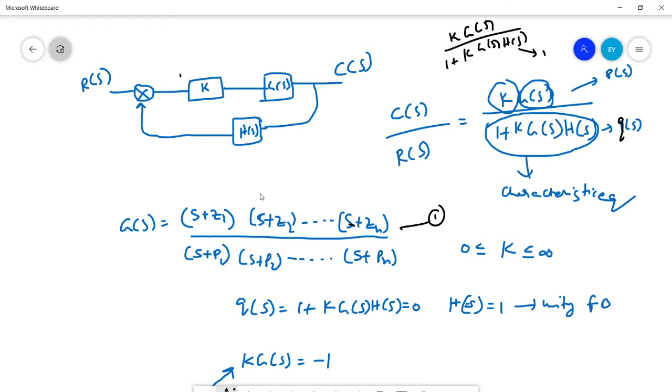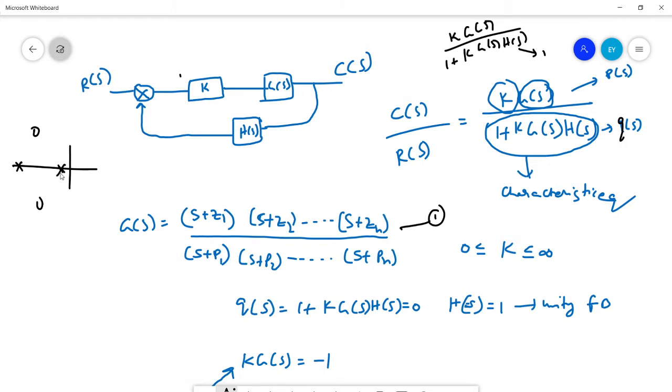If you are considering any closed loop system, as I mentioned, the unknown parameter k can be varied such that the system stability can be relatively varied. That means if you have a k parameter, by varying the k parameter, the overall system poles can be varied. The pole location varies by varying k, so that the system can be made relatively stable.